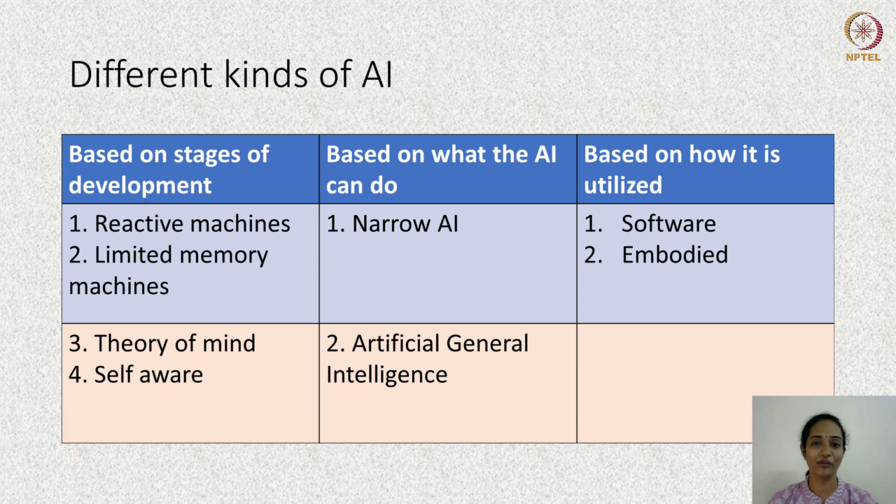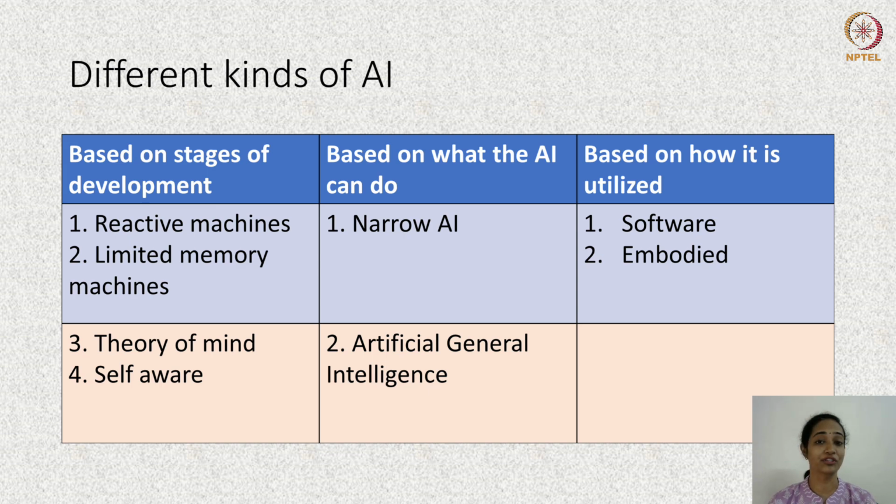You would be more familiar with this in terms of what we have seen in our literature and in our movies. The Enthiran from the Tamil movie Enthiran is an example for artificial general intelligence. That is, it is very similar to a human mind. Like a human mind, it can take learning from one situation and apply that learning in a completely different context. Theory of mind and self-aware AI belong to the category of artificial general intelligence.